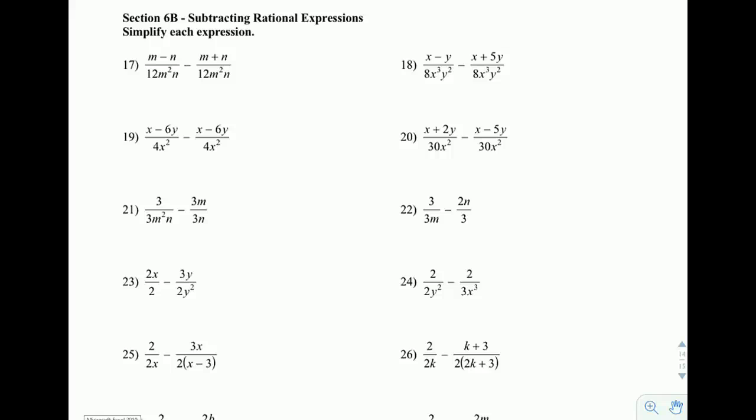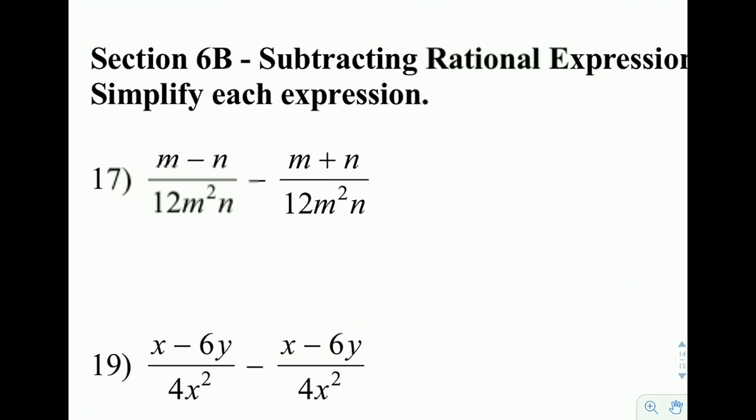We are in 6B, subtracting rational expressions. This is very much like adding rational expressions, except for that pesky subtraction sign in the middle. And it opens up some interesting problems. Whenever we see that, we always want to immediately turn it into a plus sign and then distribute out that